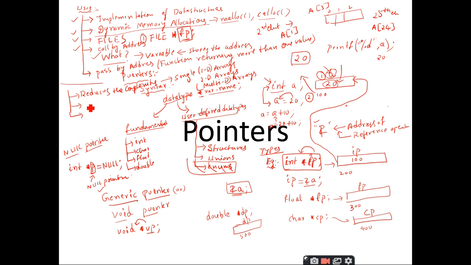And the second one is that it saves space. This is another statement I am giving. Can you justify this statement? How can a pointer save space? As per my knowledge, when I make use of pointers, it takes more space. For example, if I want to access this 20, I can have this variable A and directly access it to get the value 20.